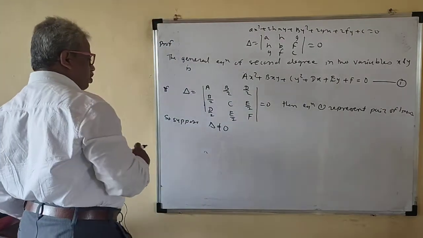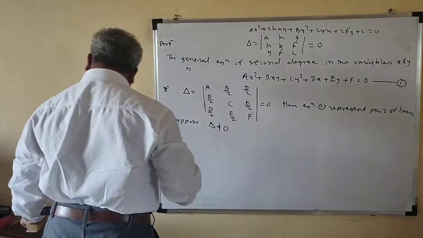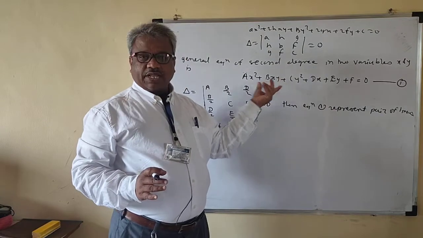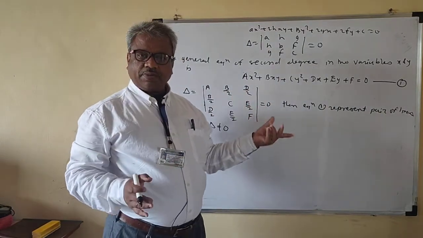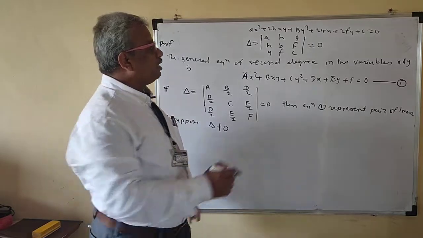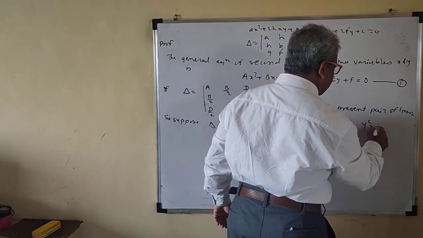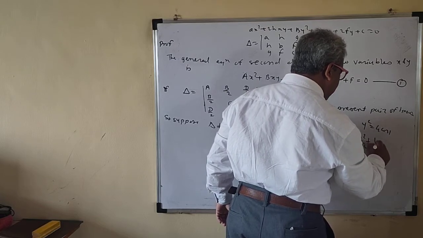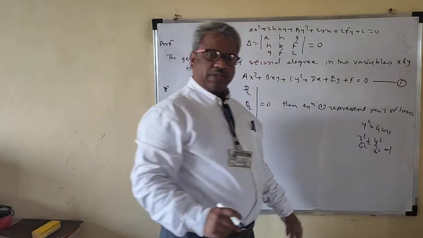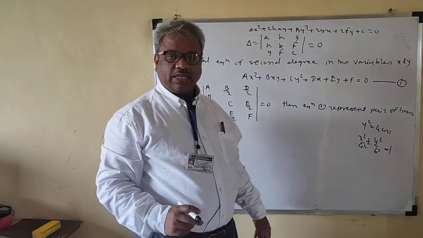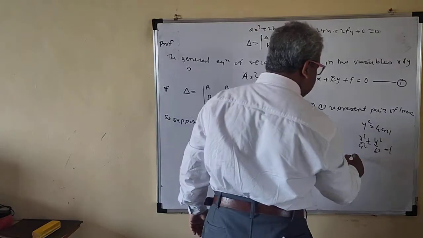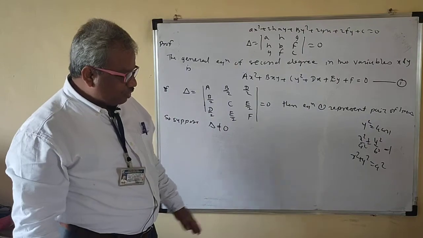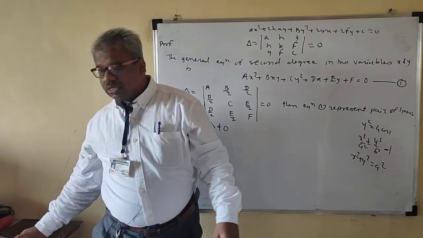Before that, what we have to show first is that this represents a circle, parabola, hyperbola or ellipse. We know the standard form of the parabola: y square is equal to 4ax. Then x square upon a square plus or minus y square upon b square is equal to 1. If plus is there, then that is ellipse. If minus is there, then it is hyperbola, right? And x square plus y square is equal to a square is the circle. So that means there is no product term.